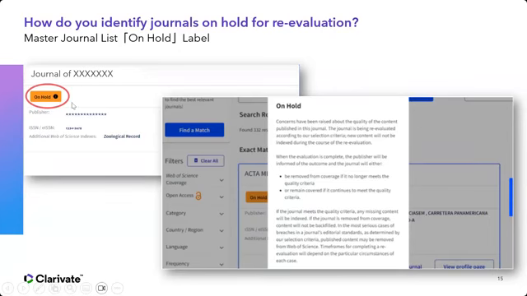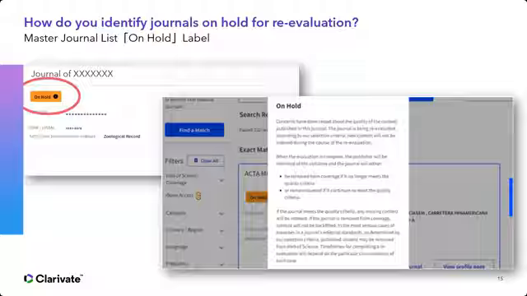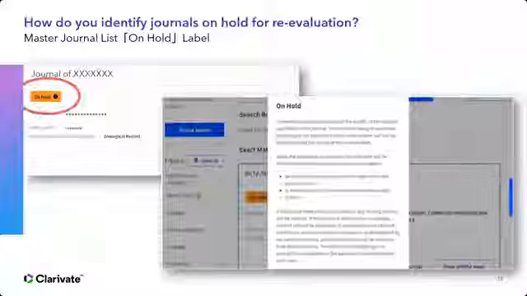Sometimes I find this little on hold button next to the journal name. When you see this, please go to this journal with caution, because we have flagged it for reevaluation because of concerns that have been raised about its quality. We do receive feedback from the ground, from researchers like yourself, to highlight that, hey, this journal has this issue, and you feel that there's a need for reevaluation.